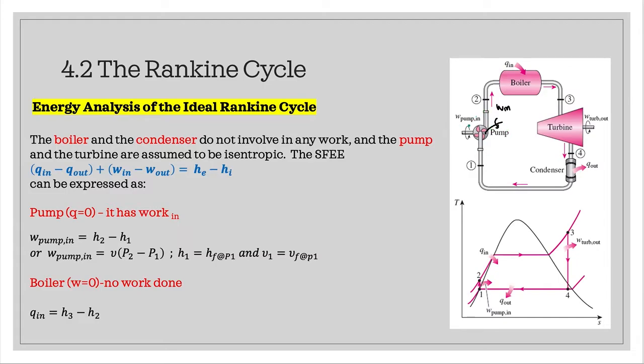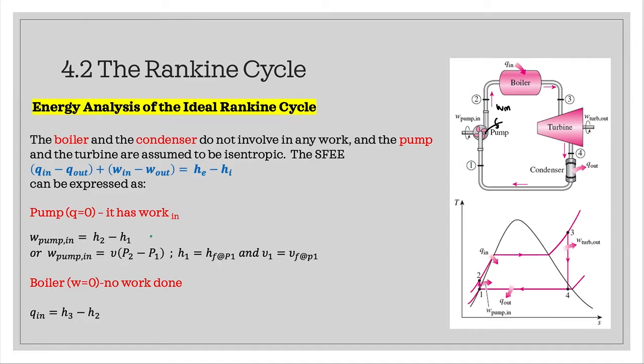And since the pump is adiabatic, there is no heat in and heat out. So from this SFEE equation, we can cancel out the Q components and W out. Then the formula will be W in is equal to H2 minus H1, H exit minus H